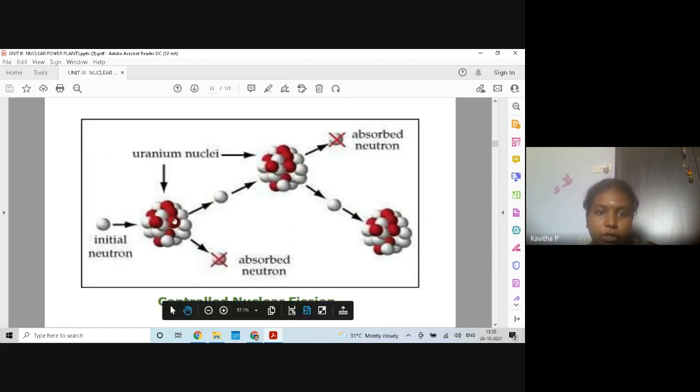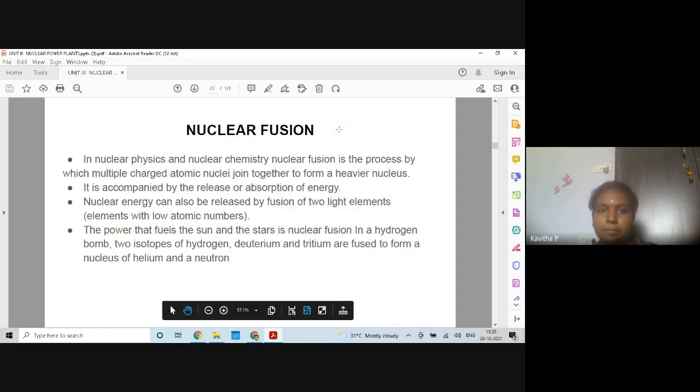Initially a neutron is hitting the heavy nuclei, and it is generating 2 different light nuclei and 3 neutrons. Two of these neutrons are absorbed by the control rod, and only 1 neutron is allowed to further carry the fission process. And even in this, for example, if only 2 neutrons are generated, 1 neutron is allowed to further carry the chain reaction, and the other neutron is absorbed by the control rods.